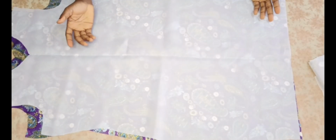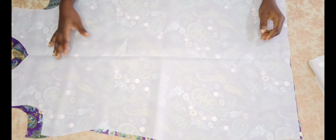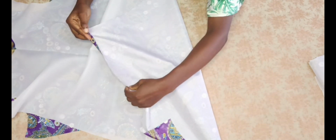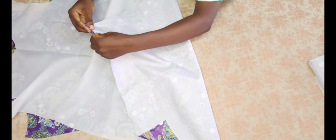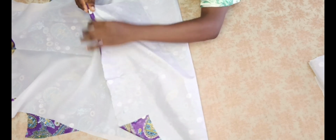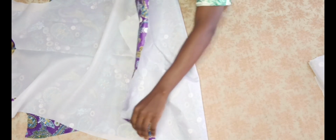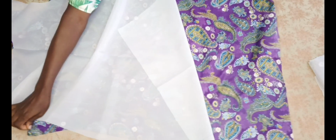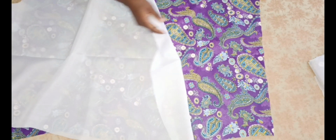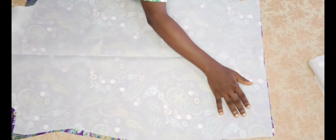If you're not using lining, don't bother about all the methods with this lining that I'm going to show you. You can just go ahead and what you're going to add is just 1 inch for folding allowance. You fold it this way, 1, fold it the other way, all through, and sew it down. But if you're using lining to give it a neater finishing,